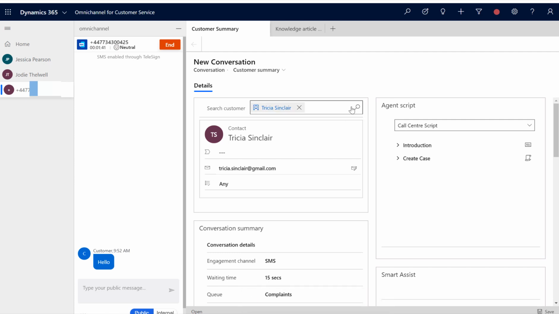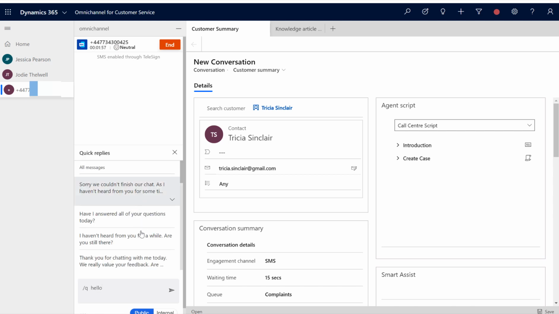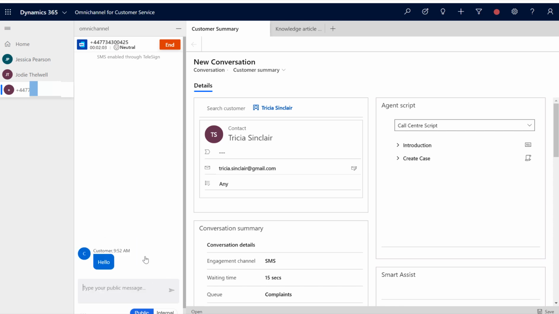Okay, so the agent script still works the same. I can use my quick reply and send it through via chat. And also, there's one thing about agent scripts: you can have a different agent script that's tied to a particular channel. So if, for example, for SMS messages, you need to respond differently or you need to factor in different things, that is configurable. So this is all configurable within OmniChannel Engagement Hub.